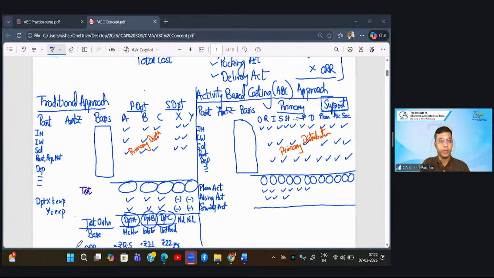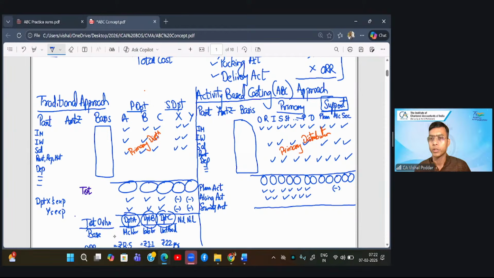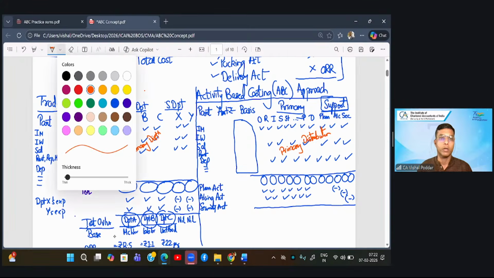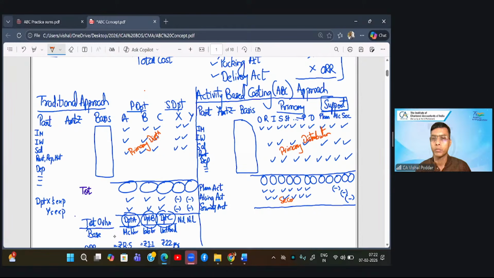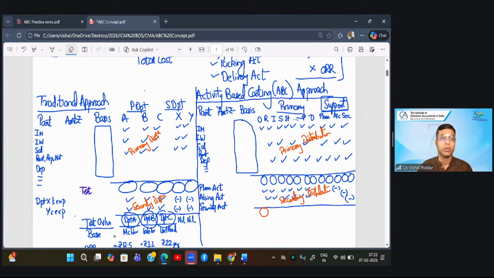Again, you do the same step. What we did in our previous topic, the same thing is done. We are going to divide these costs, that is the support activities cost, between our primary activities. So again, this step is your secondary distribution. Same at both ends. Now again you get the final totals for each activity,